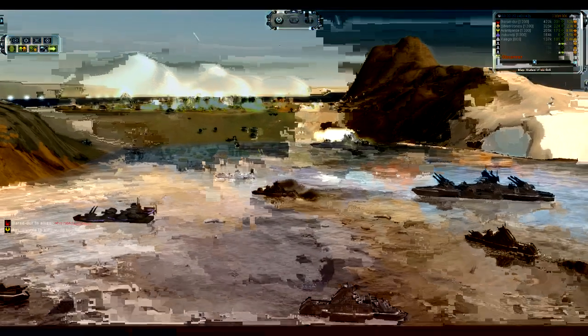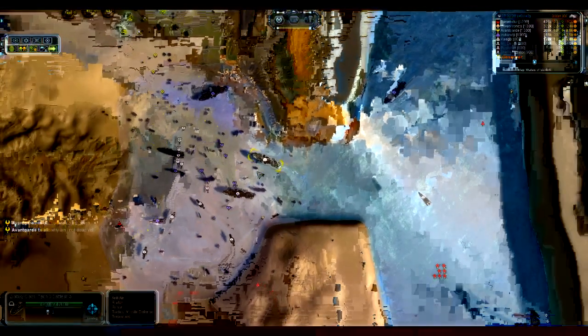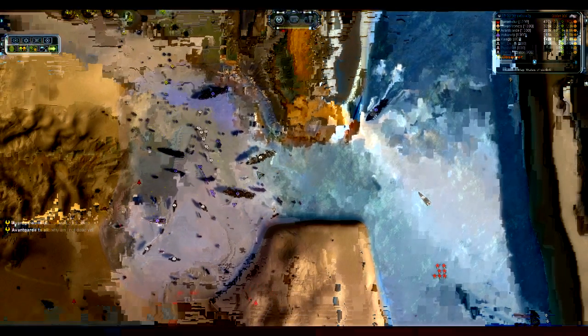But one of the battleships is down. So the T2 artillery is actually doing a good job. But you've got 2 more T3 battleships inbound. Avantagard's getting his ass whooped. It's a big whooping stomping. I haven't seen a game like this in quite a while. And if you just look at the middle of the screen,